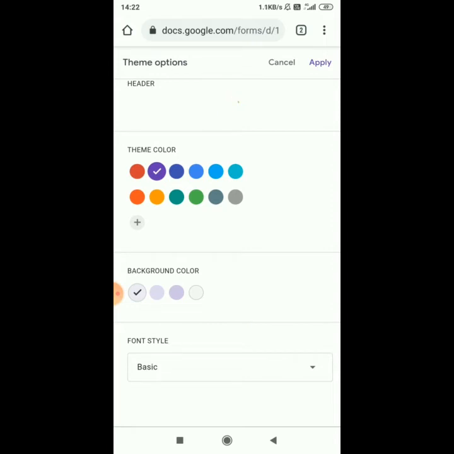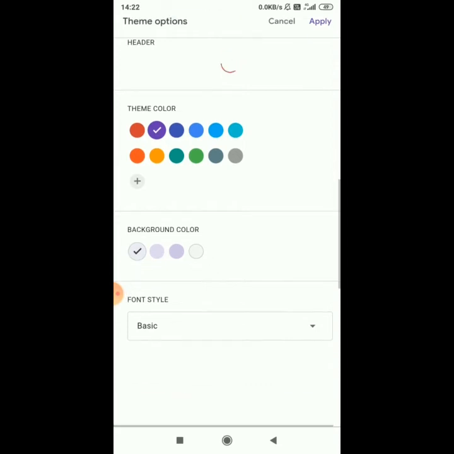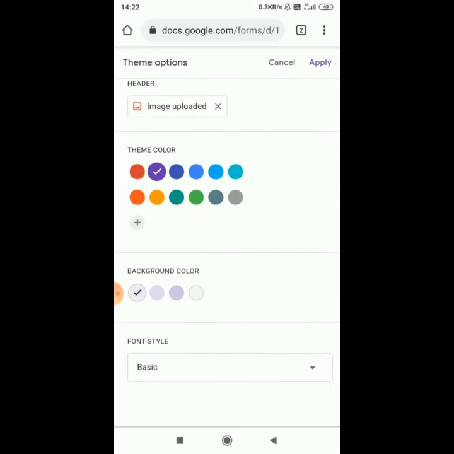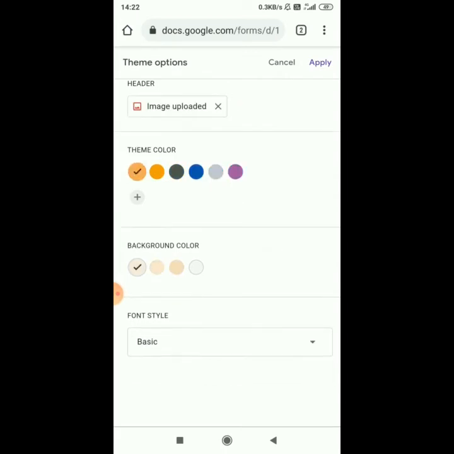You can choose the theme color from here, and background color also. You can select the font style from here. After selecting how you want, click on apply.